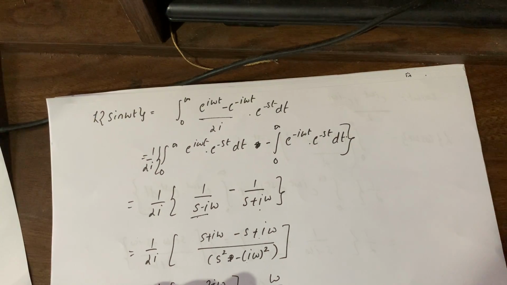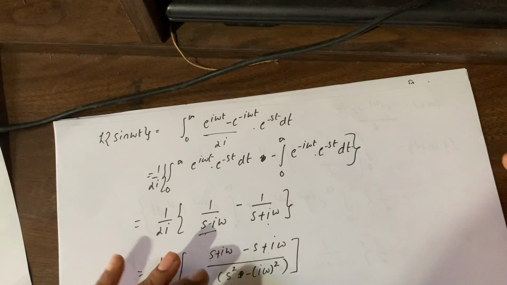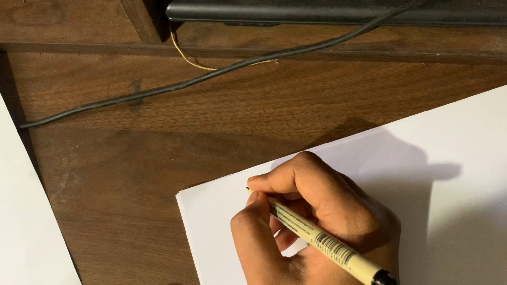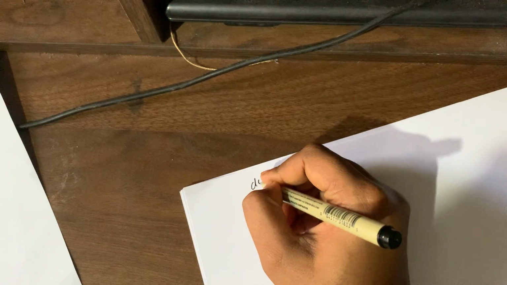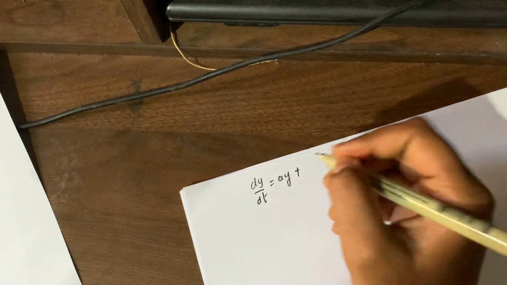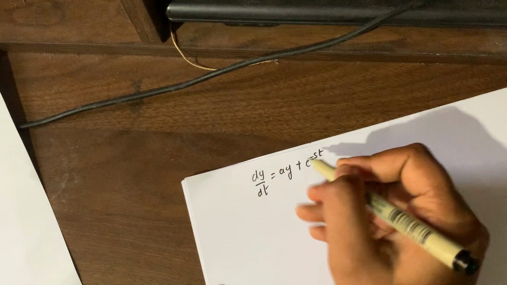So these were the Laplace transform derivations of basic functions, but I want to draw your attention to something else too. Okay, this is very important because it really shows you how the Laplace transform is related to resolving your differential equation. So let's consider the first order equation dy by dt plus ay equals an input source of e to the power of minus st. I know everybody would have seen that. Correct? So this is the input source.